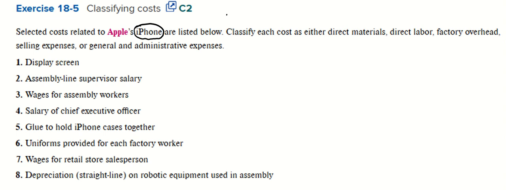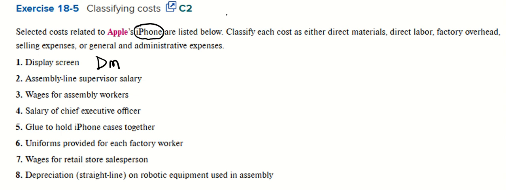So the display screen is going to be a direct material. Right beside display screen, I'm going to put DM, indicating direct materials. The reason is that the display screen is something needed to directly produce the iPhone. It is a direct material needed on the iPhone in order for the screen to work. So direct materials is the classification of this cost. Number two,